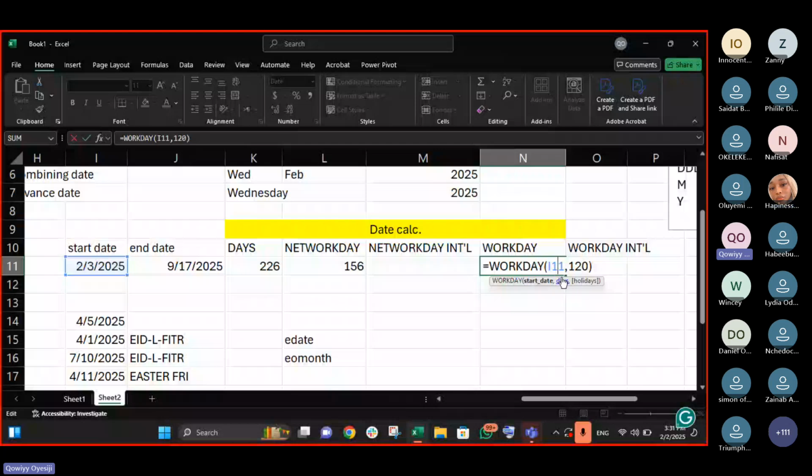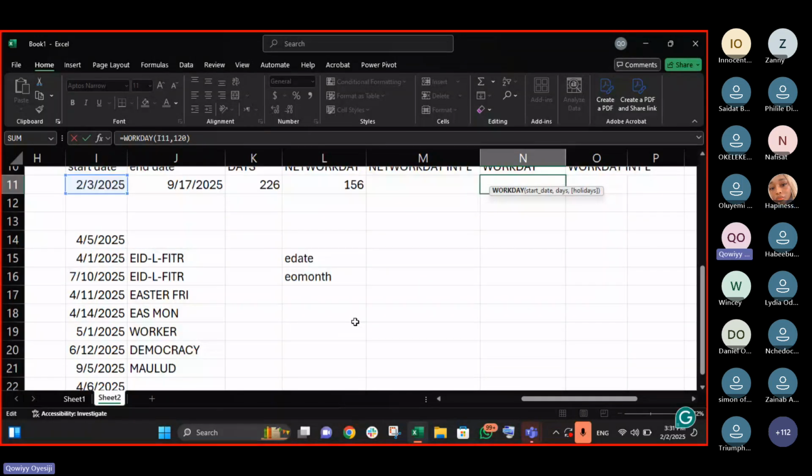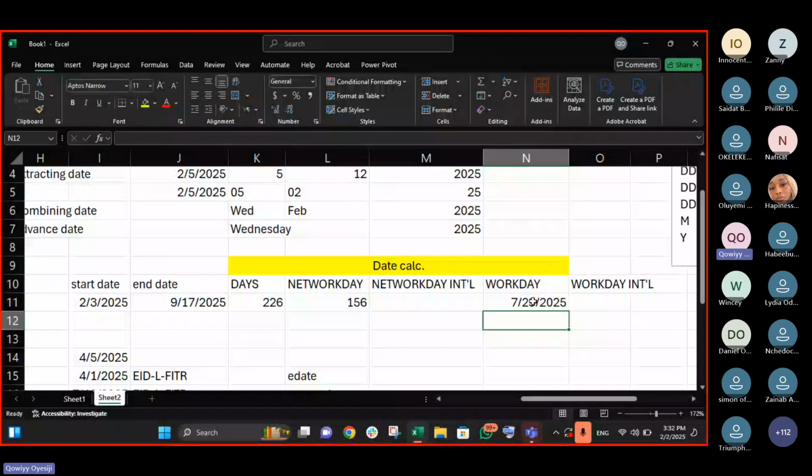Exactly. And now between these days, a holiday might also fall in them, and on that holiday you are expected not to work. That means if you miss one day today, you have to repay it tomorrow. You understand? So I just say comma, like this. Now close brackets. So the contract is going to end on the 29th of July 2025 instead of the 21st. Do you see it now?